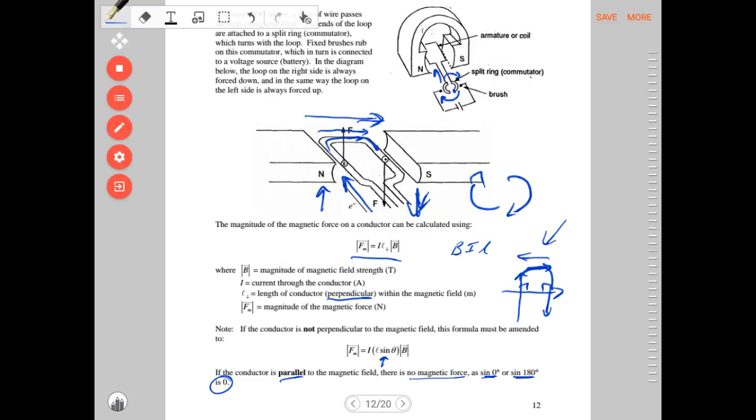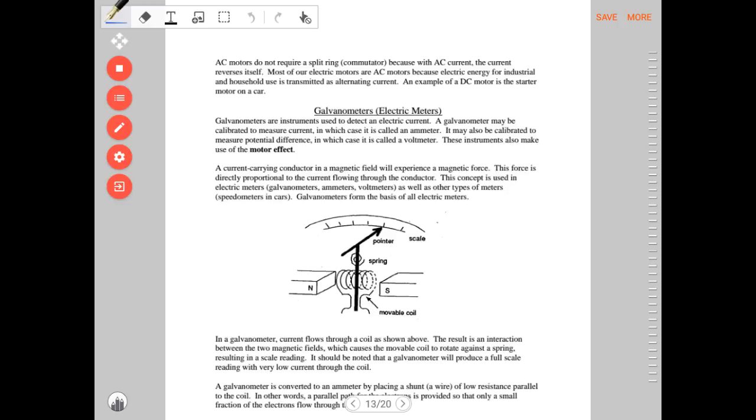See, I'm drawing up here again, guys. So if the electrons are going this way, you're still parallel to the magnetic field. We said that was this arrow. Okay, anyway, sine 180 and sine 0 are 0, so no force. Fantastic. Moving on. Alternating current motors, AC motors, do not require the split ring, the commutator, because with AC current,